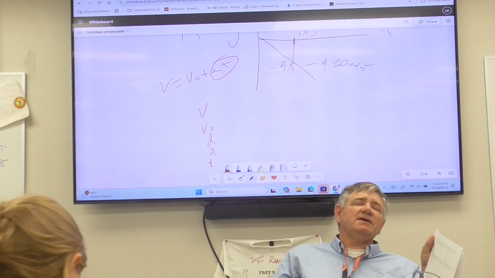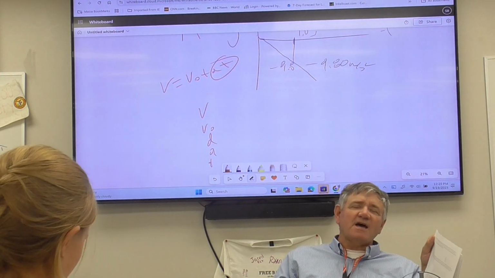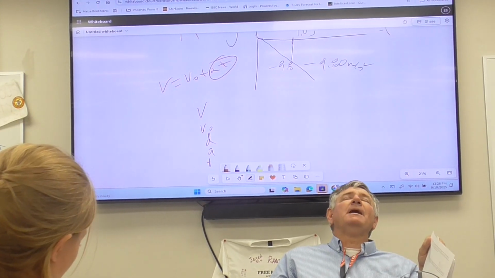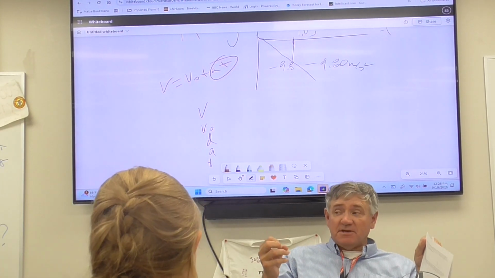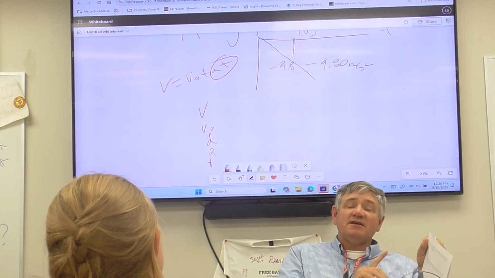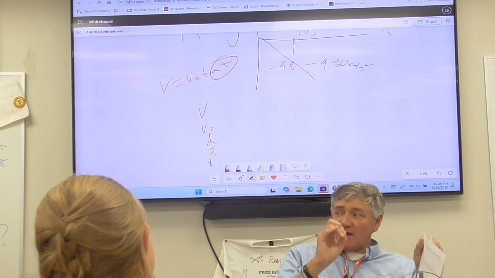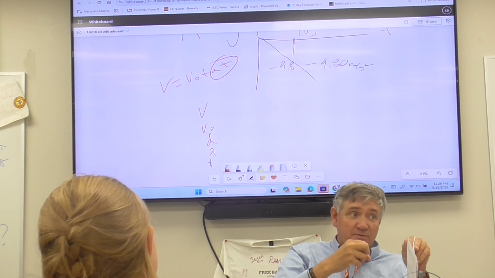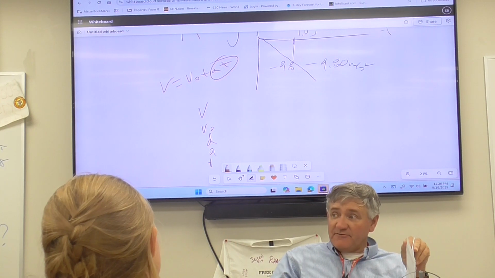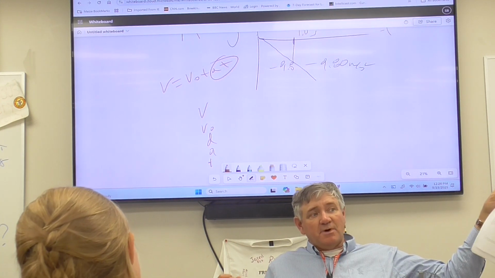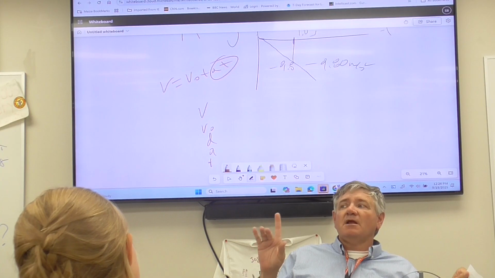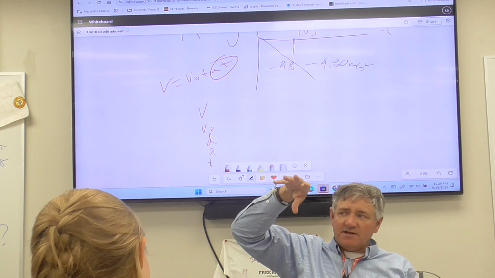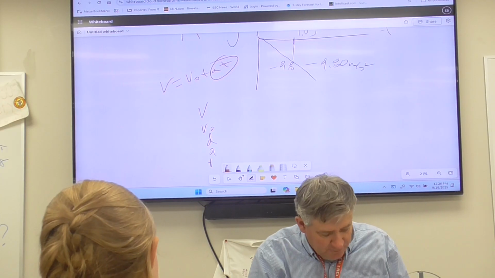When something is in free fall and the only force acting on it is gravity, what's the acceleration? But the only time you can use that, listen to me, is if the only force acting on it is gravity. If you're throwing it up or throwing it down, like when it's actually in contact with your hand, or if the rocket is being fired, or the arrow is in contact with the bowstring, you can't use it. But whether it's going up or down doesn't make any difference. If gravity is the only force acting on it, that's when you can use -9.8.